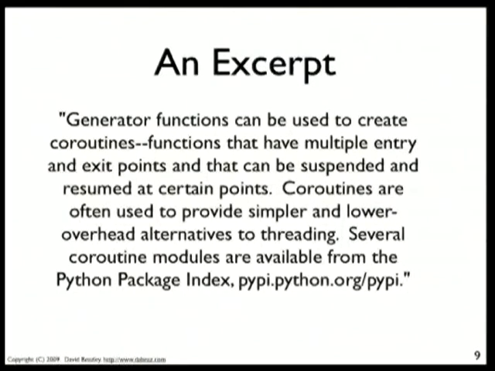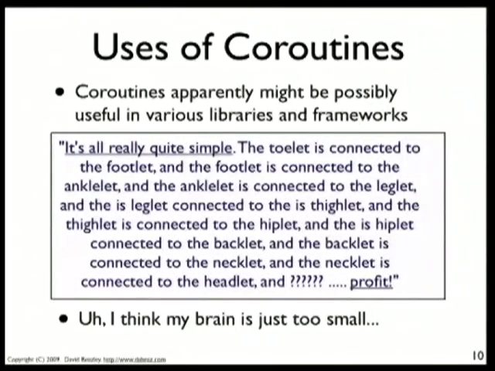And then there's sort of this other problem that if you actually do go to PyPI and try to look at what people are using coroutines for, you might get sort of this description. It's a little bit whimsical, but you'll get some typical description where it's all really simple, and then you have the toelet and the footlet and the anklet, and pretty soon your head is swimming in some very complicated, convoluted description of how coroutines are cool. And I think my brain is just too small to wrap my brain around that,